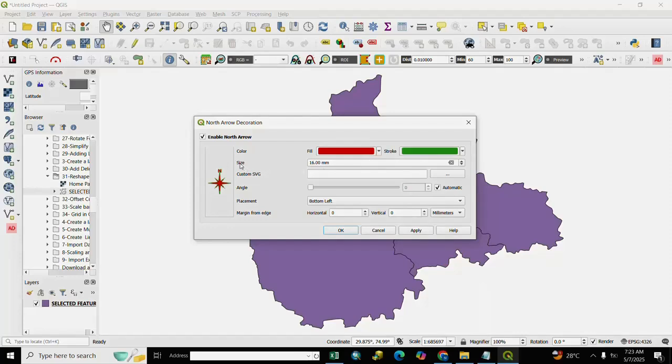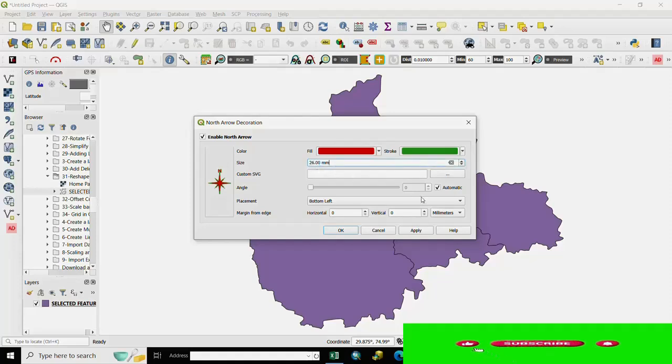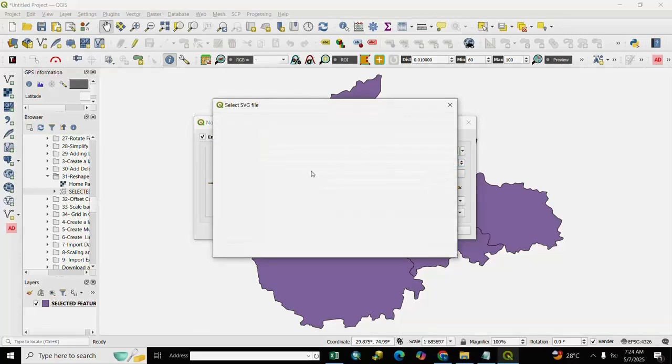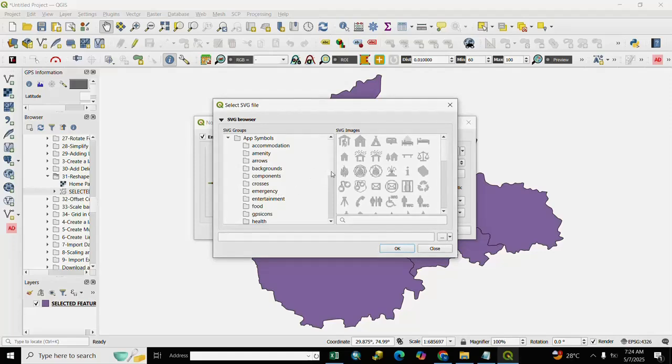and if you want to change size you select here size, we take here 26. Custom, if you want to change custom SVG you select here custom, as per your requirement you select it.